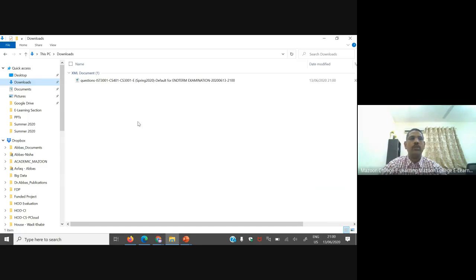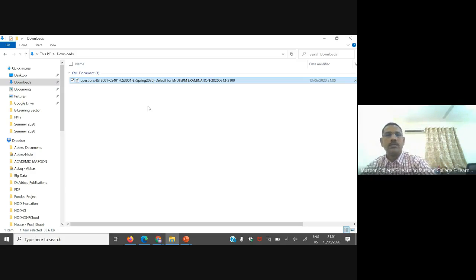Now what we need to do, teacher X needs to send this file through his email to teacher Y. I'll copy from the flash drive and give it to teacher Y. We need to either send the email or use the flash drive to transfer to the other teacher. Now I'll go to teacher Y, and see how the teacher is going to use this file for his own courses.